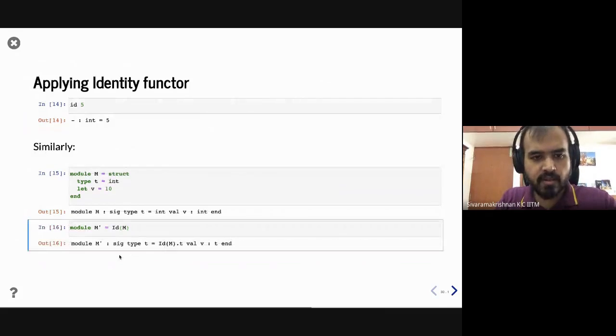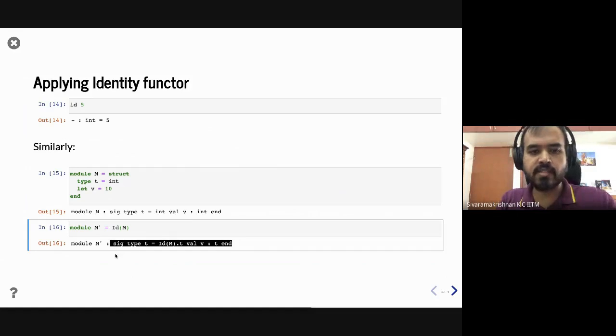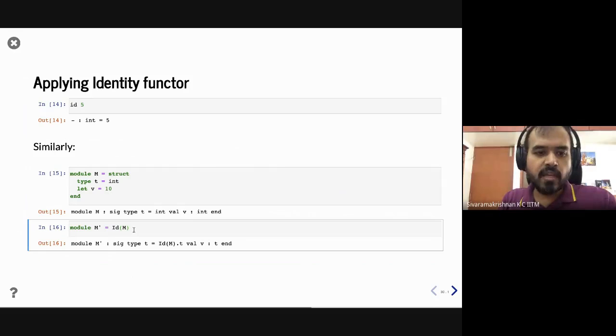Right? So if you look at this, what we get back is a module, right? Whose type, there is a type T, and then there is a value v. So it's printing just the signature here. It's not actually printing the content, it's printing the signature. Right? So here is how you would apply the identity functor. So identity functor takes a module and returns a module, right? Just like the identity function. Okay,